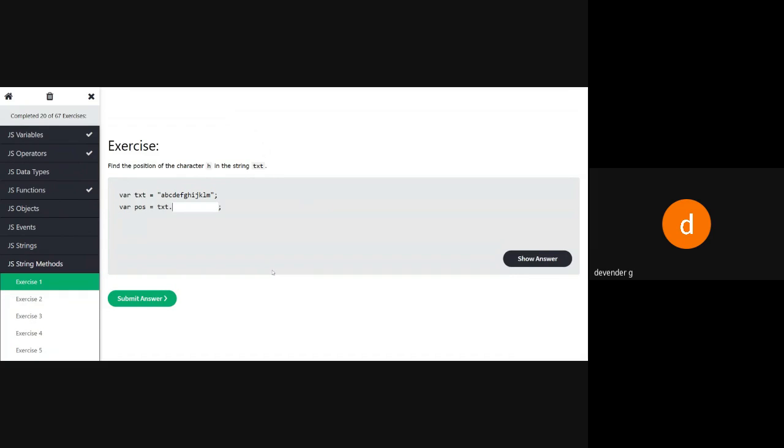Now I want to find the position of the character H in the string text. Wherever the H is there, I want to find its position in the text. What is the function we are going to use for the string? We will be using something called indexOf, because position starts from 0.